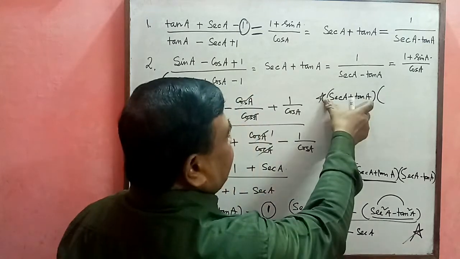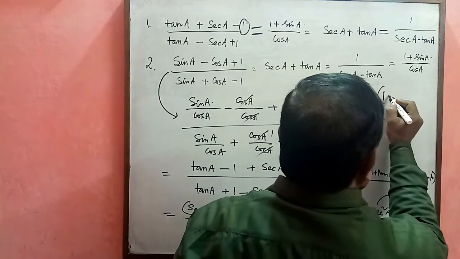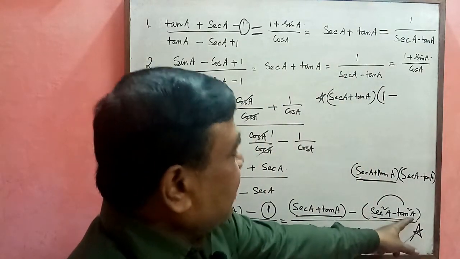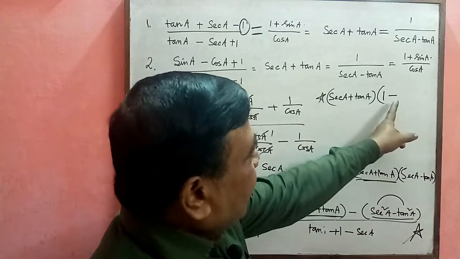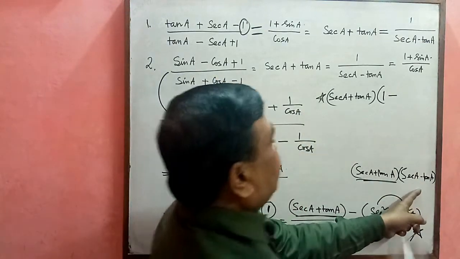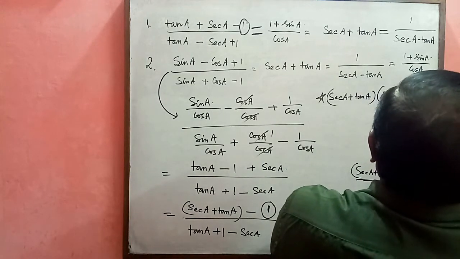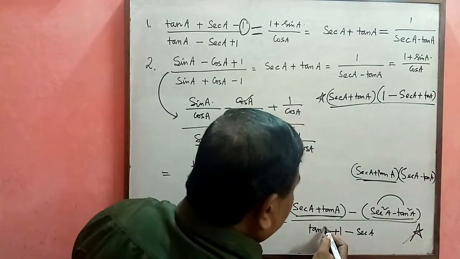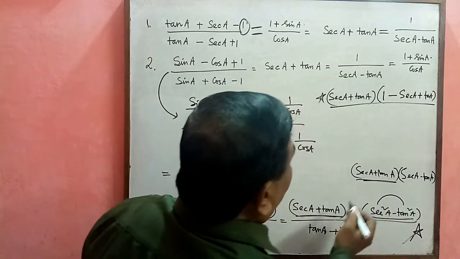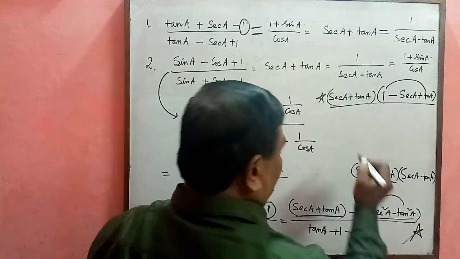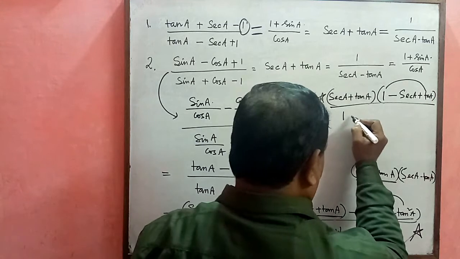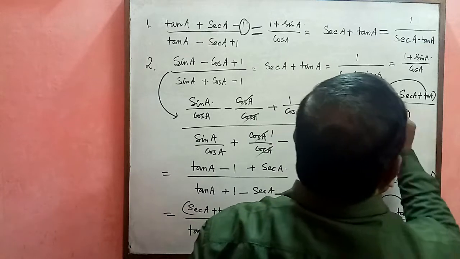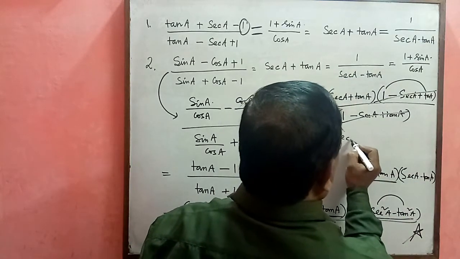If I divide this by sec A plus tan A, this is 1. This minus is already here. Now here it will be sec A minus tan A, because sec A minus tan A is there. Now minus is here, so we have to change the sign here: sec A, this will be plus tan A. And here at the numerator you see, we have the same quantity, 1 plus tan A minus sec A. So we can write this one as 1 minus sec A plus tan A. This cancels out. So this is your sec A plus tan A.